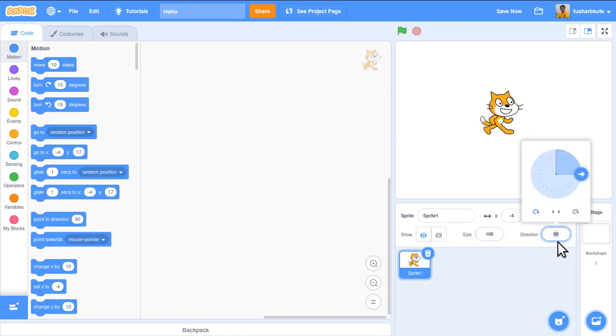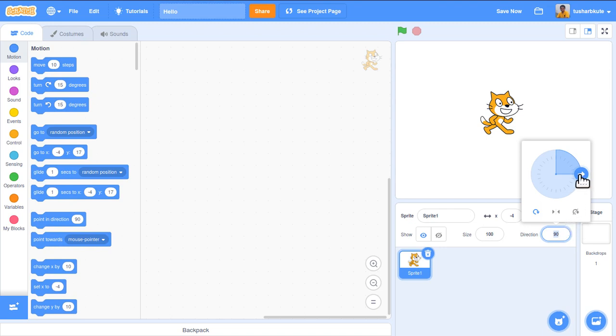And then the direction. If I click on the direction, the front direction of the respective sprite can be seen using this option. Not only with this particular cat, but any sprite that we have in this editor can be controlled with the help of this direction. You can see the arrow present over here.